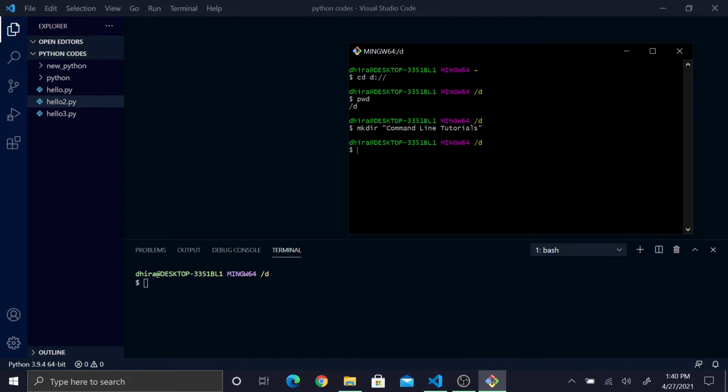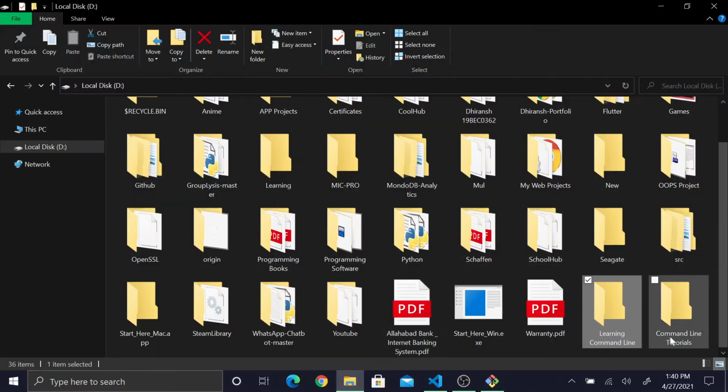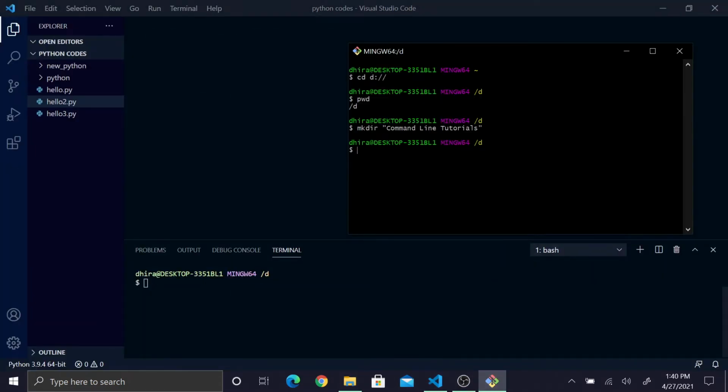Now a folder with the name command line tutorials would have been made there. Let's confirm it. Yeah, you can see a folder with the name command line tutorials is made. Now I hope you understand how to make a folder.